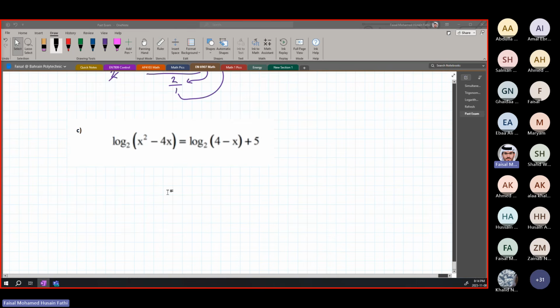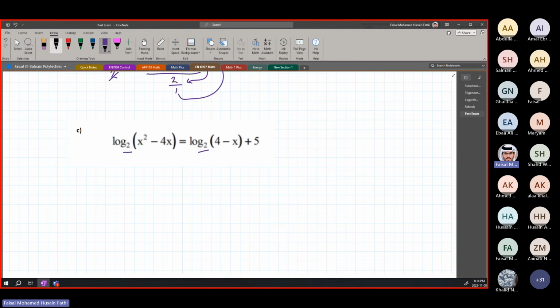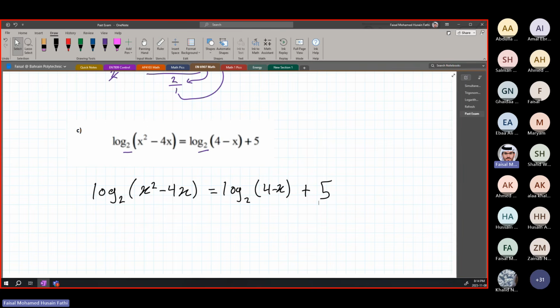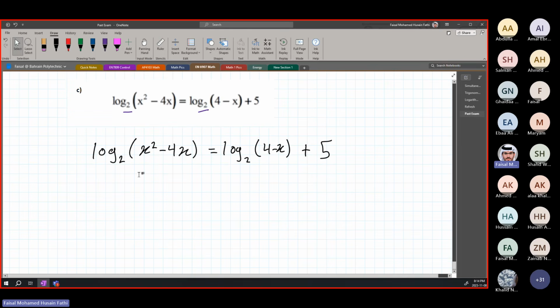You can solve it the same way. Why is it super easy? We have the same base, 2 and 2. So how are we going to solve this? I'll just rewrite the equation to make it clearer: log base 2 of x squared minus 4x is equal to log base 2 of 4 minus x, plus 5. Do you know why the 5 is here? Just to scare you a bit, so you ask why there is no log here and how to solve it, since before they were all logs. Don't worry at all. Don't bother your heads with the 5. Look at the logs and simplify the logs. Then the 5 will simplify itself with them.